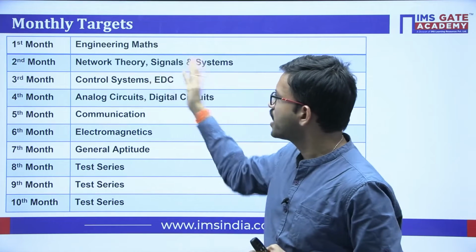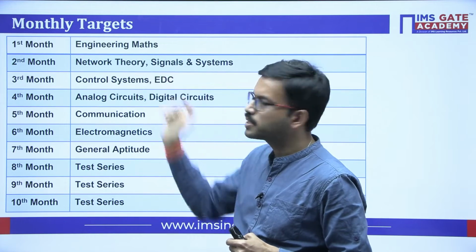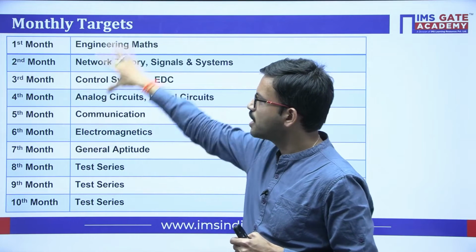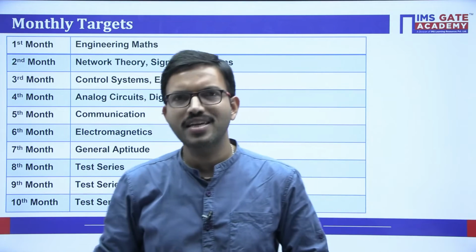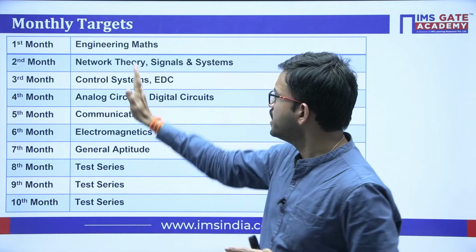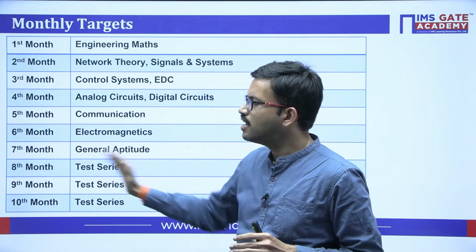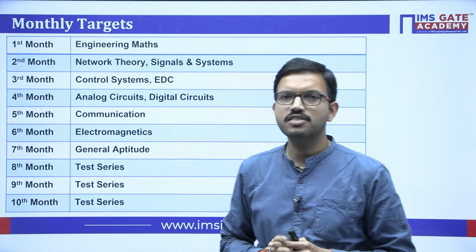Whereas for other subjects I have kept 2 subjects per month. So in this way, if you follow, in 7 months you can complete whatever 10 subjects you are having in the GATE exam, you can completely prepare. So if you do like that, then whatever the last 2.5 months or 3 months you are having